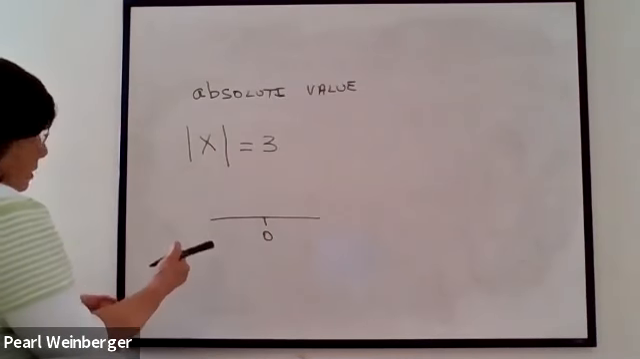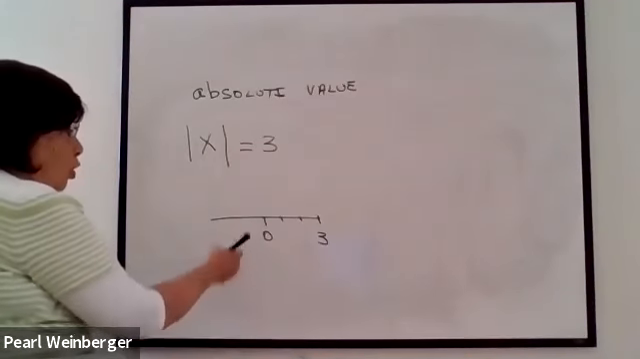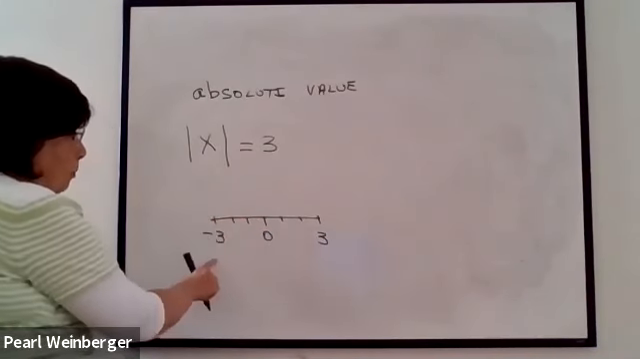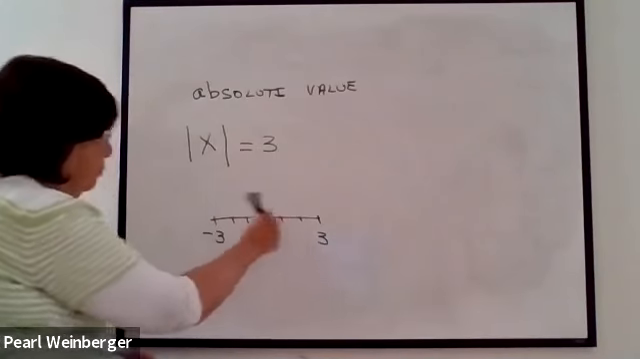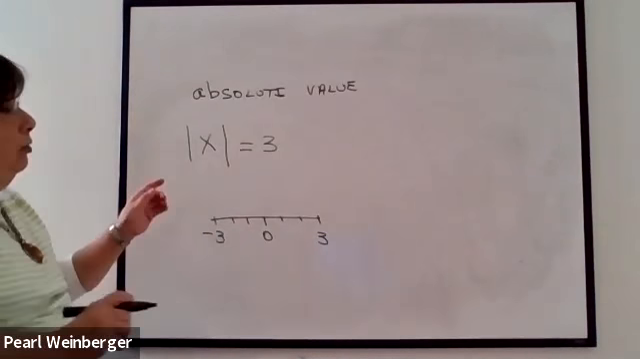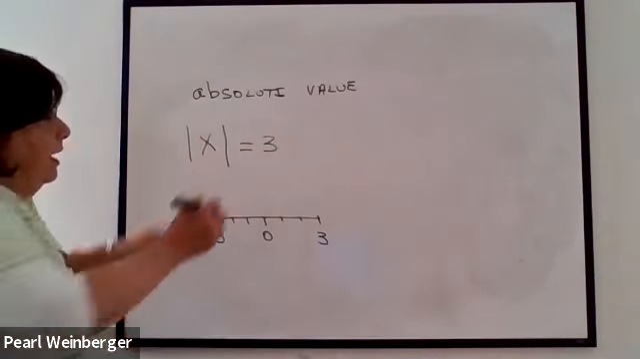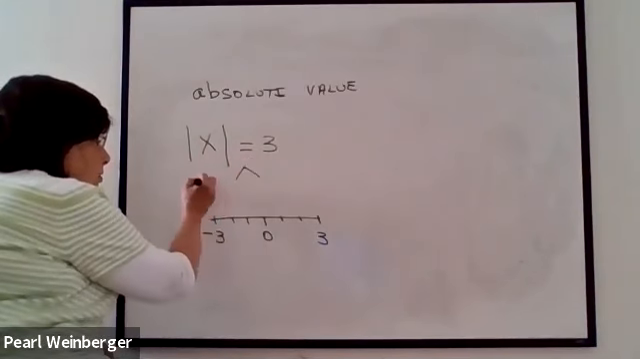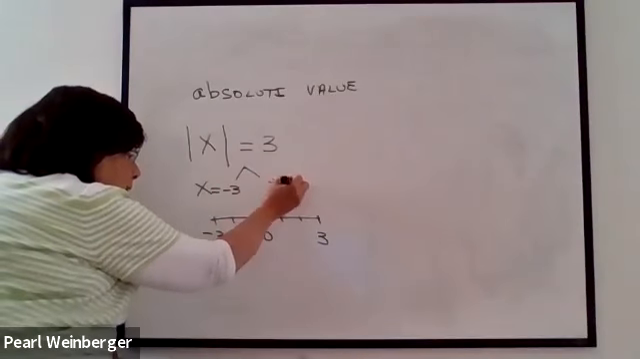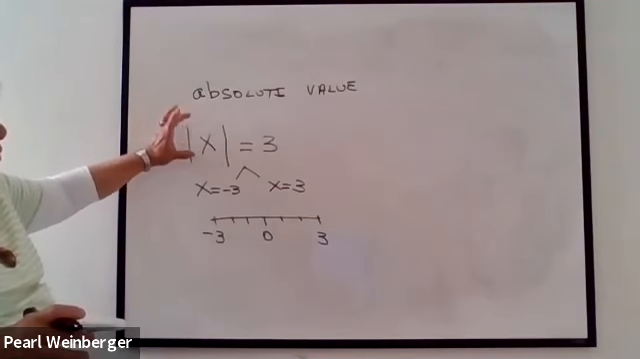Well, there are 2 ways I can go from the origin. I can go to the right and get to 3, or I can go 3 steps to the left and get to -3. Both -3 and +3 are 3 units away from the origin. In other words, there are 2 answers to this question. The x in this case could either be -3 or it could be +3. Both of these answers work. Whenever I have the absolute value of a number,